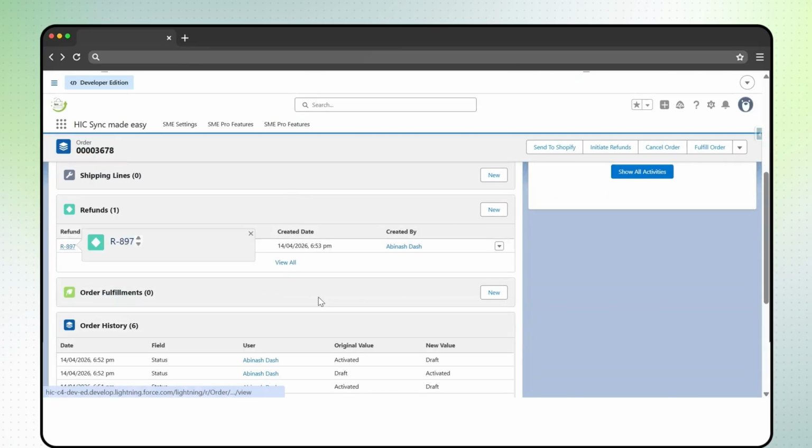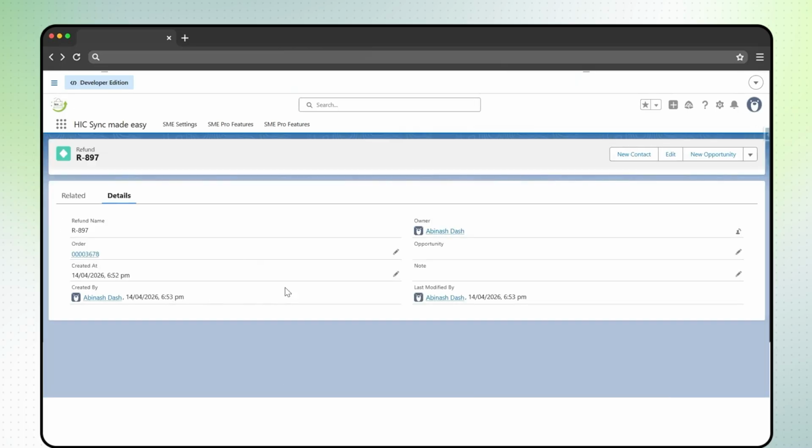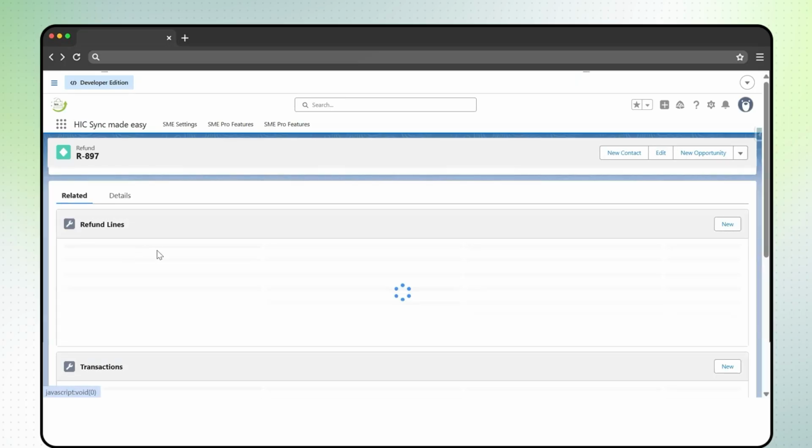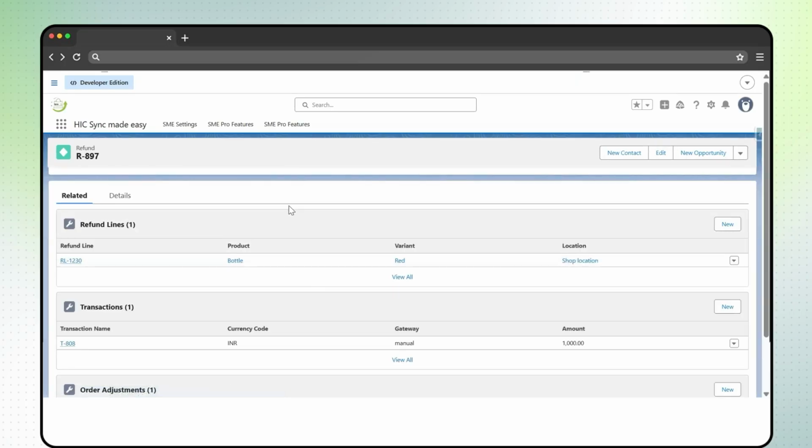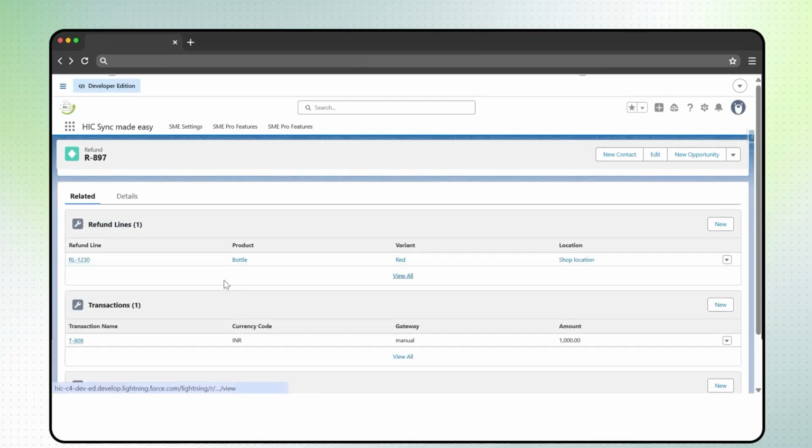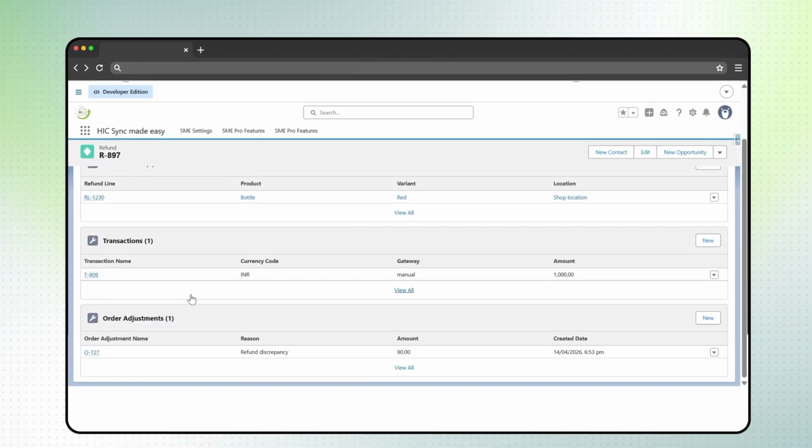Open the refund record and go to the related section. Here, you can see that the refund line, transaction, and order adjustment records have been automatically created. You can open these records to verify that the refund amount and transaction details have been successfully synced from Shopify